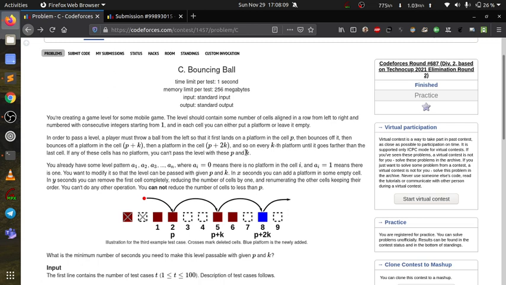Basically, in this problem they are asking that you have a ball, and you have to throw the ball in such a way that the first time it will drop on the pth element, and from then on it will keep bouncing till it gets to the last or beyond, in steps of k. It means the ball will first jump on the pth element, then next time it will jump to p plus k, and next time to p plus 2k.